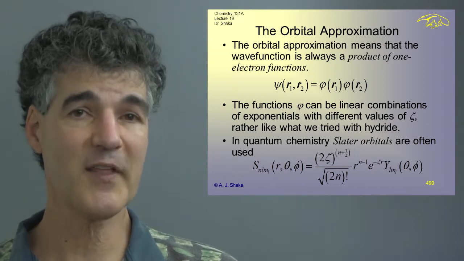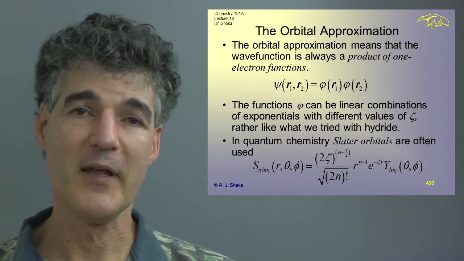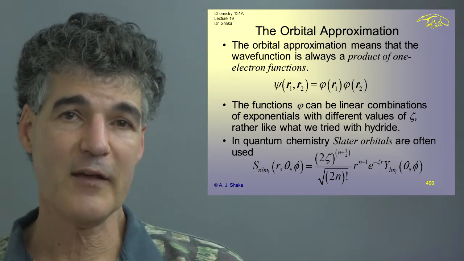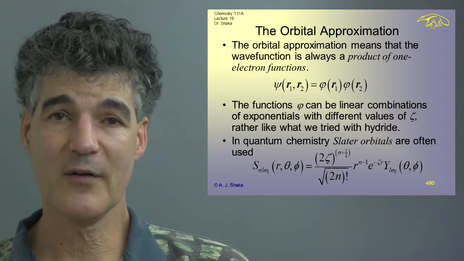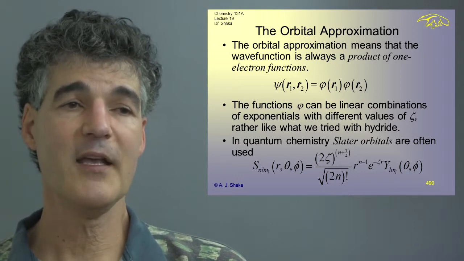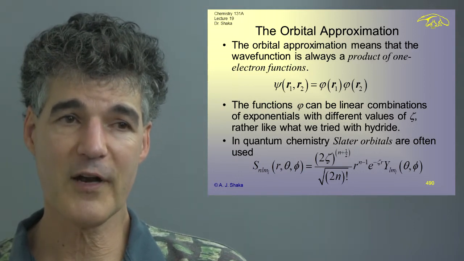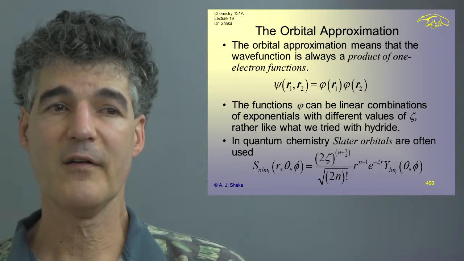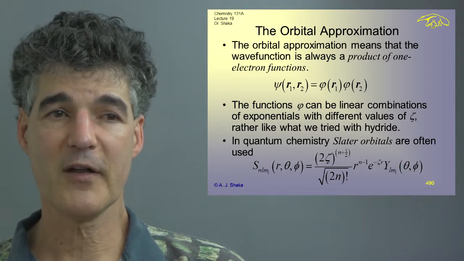If you have something where you can just go like that and get the answer by looking in a table, that's going to be extremely quick to do. If you are proposing functions that are very messy to integrate or take a long time, then you're going to be spending forever. And he proposed these functions I've written on the bottom here of slide 490 that are often called Slater orbitals. They're sort of like hydrogen-like orbitals with an angular part, but